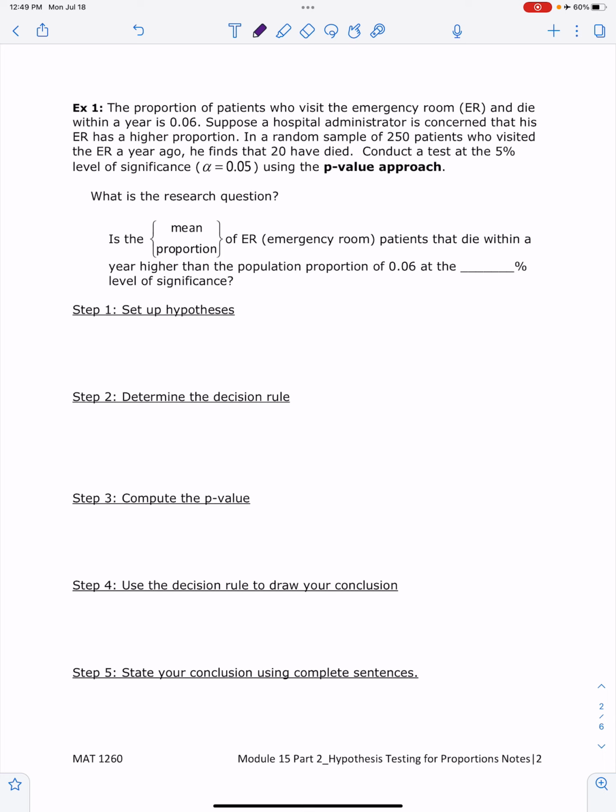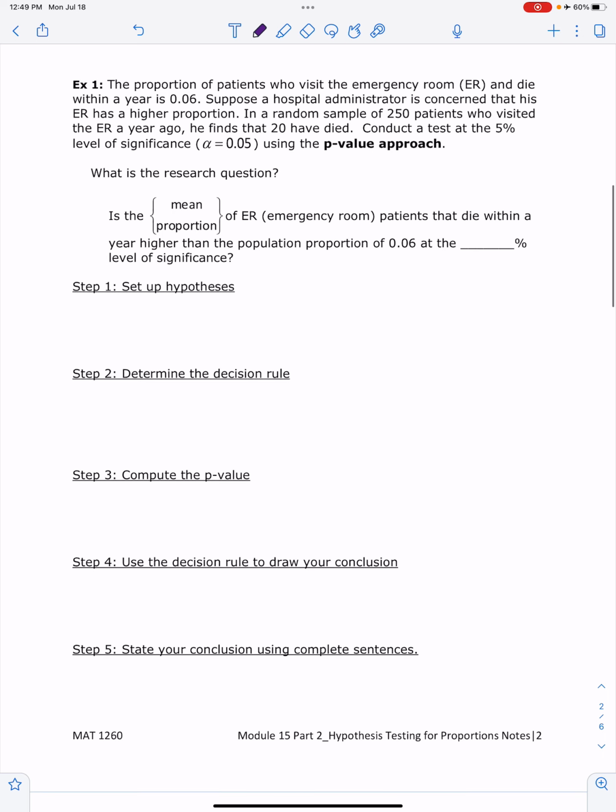We have the proportion of patients who visit the emergency room and die within a year, well, morbid, is 0.06. Notice this is our proportion, 6%. We use it in Excel, in our formulas, as a decimal. Suppose a hospital administrator is concerned that his ER has a higher proportion. In a random sample of 250 patients who visited the ER a year ago, he finds that 20 have died. We want to conduct a test at the 5% level of significance, so our alpha is 0.05, using the p-value